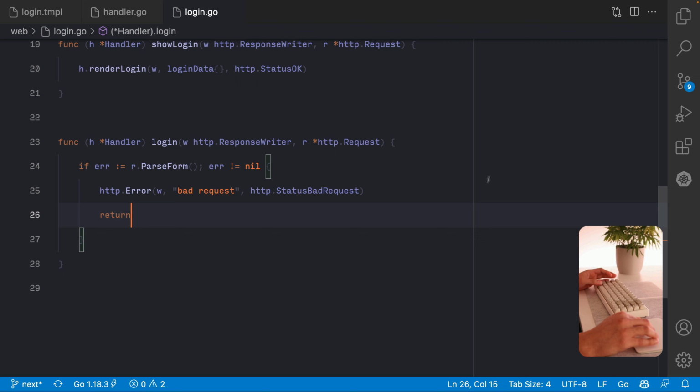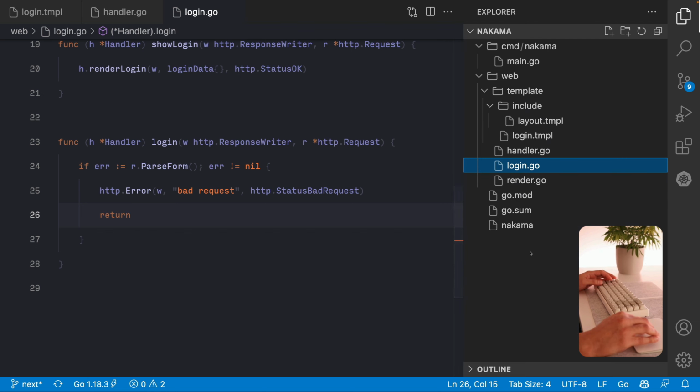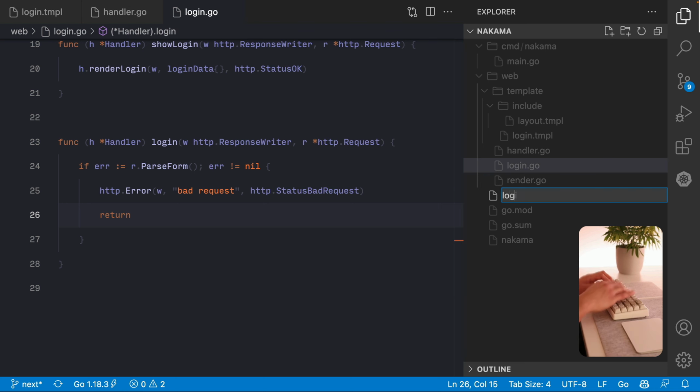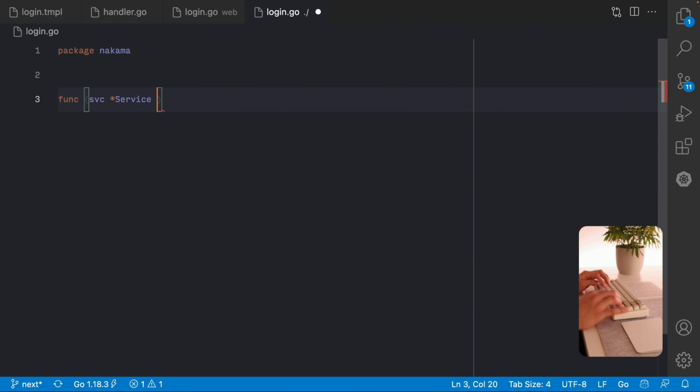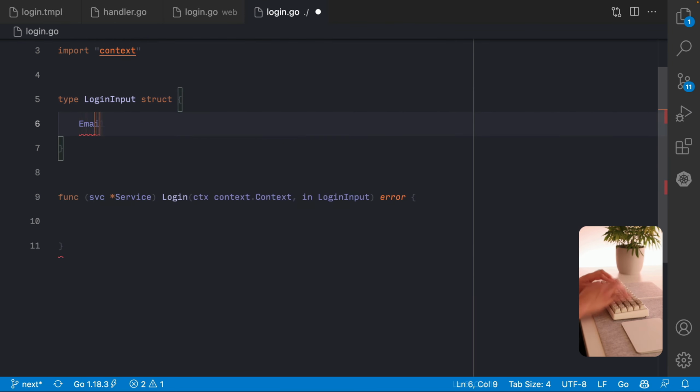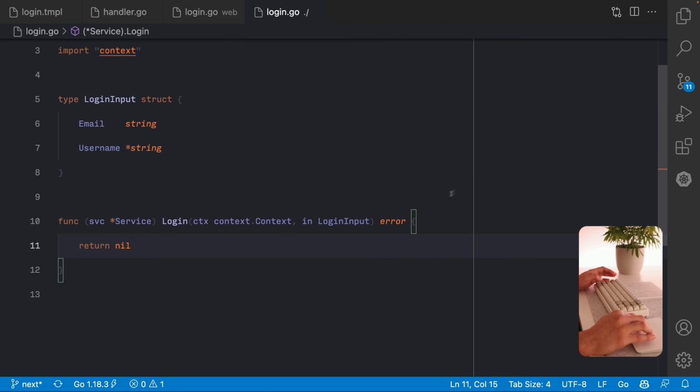For this, I'm gonna use another file that's gonna be on the root of our repository here. And we are gonna make a login function that's gonna be part of a service. So this is a function we're gonna use. So let's go to our handler.